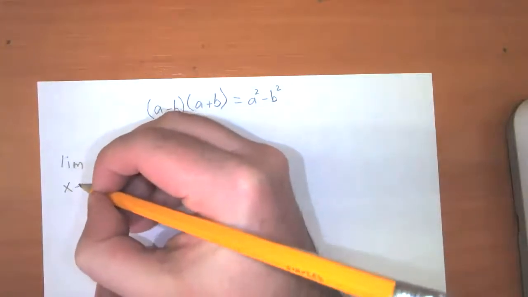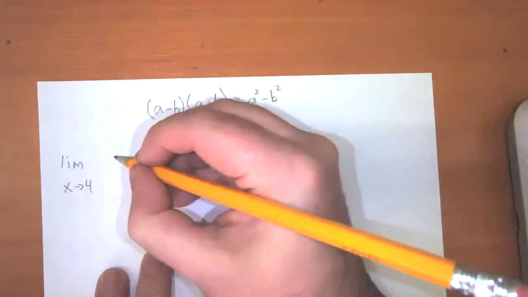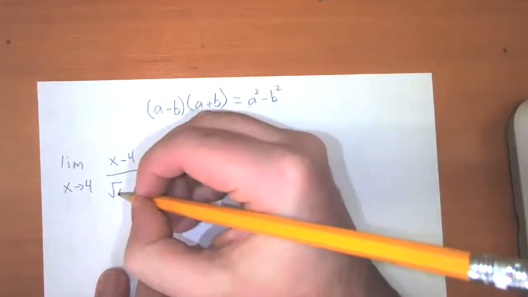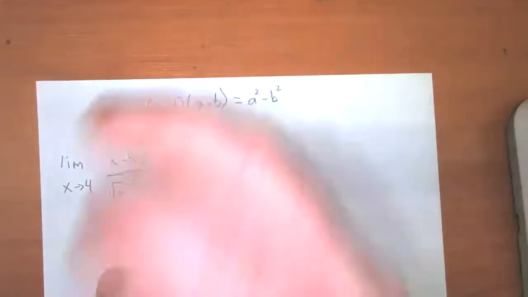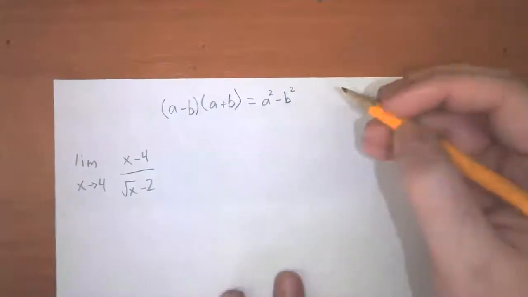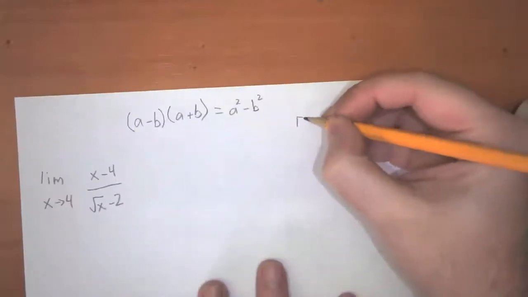We'll talk about the limit as x approaches 4 of x minus 4 over the square root of x minus 2. So once again, if we plugged 4 in for x in this equation, we would get 0 over 0. So that's our indeterminate form, which means that we need to find some other trick in order to calculate this limit. And so what we're going to do is a term called,